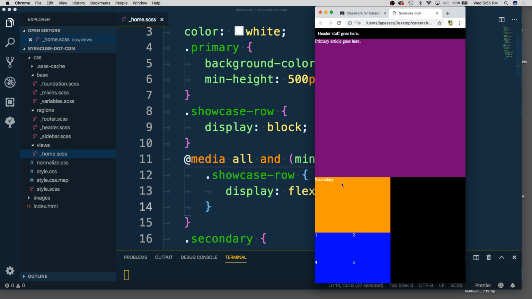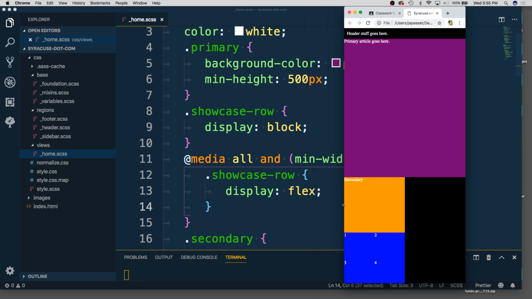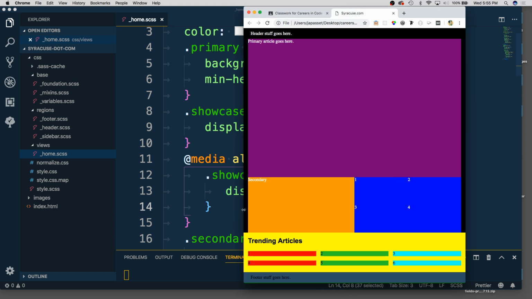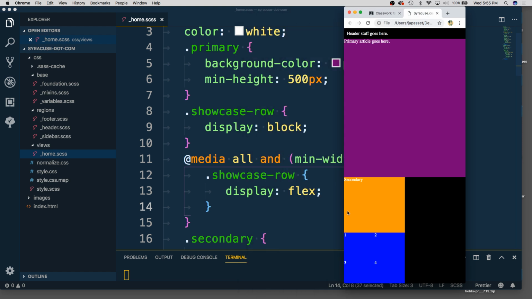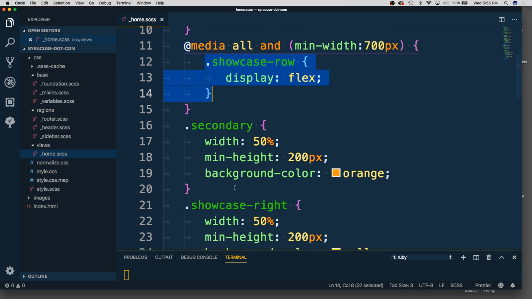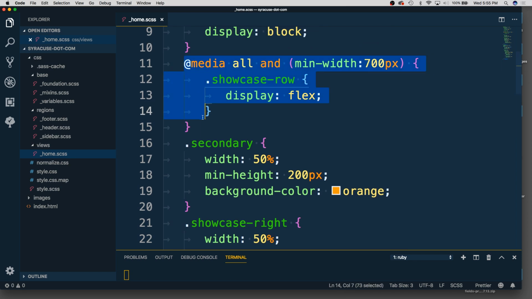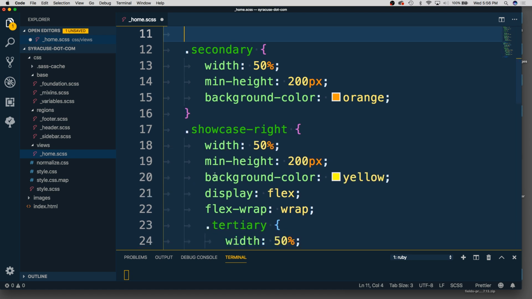So now if I do this, save. It's supposed to be 100%, but right now it's not flex, it's just block, and then flex engages. What I should do also is come down, and I'm going to cut this and just move it down a little bit further past